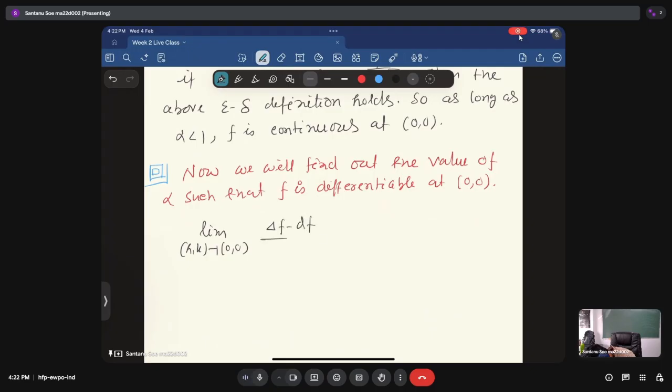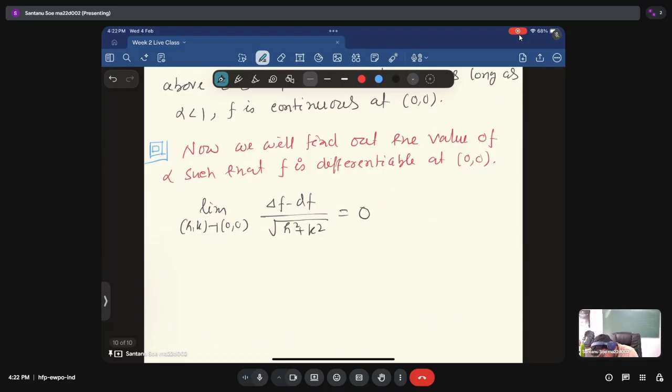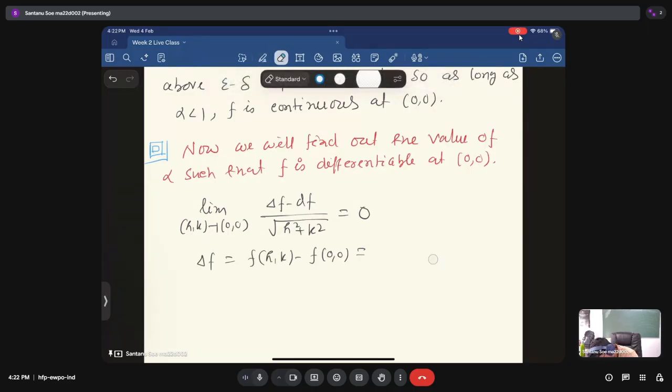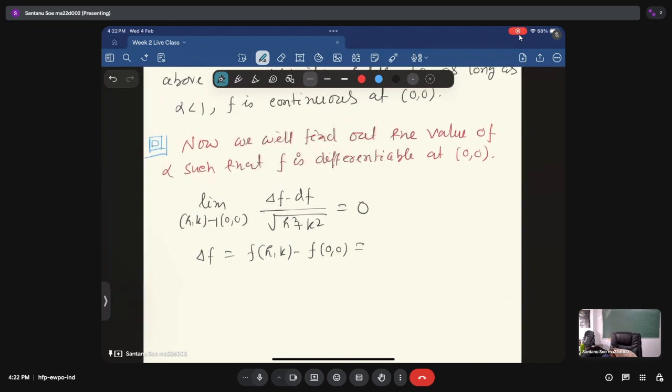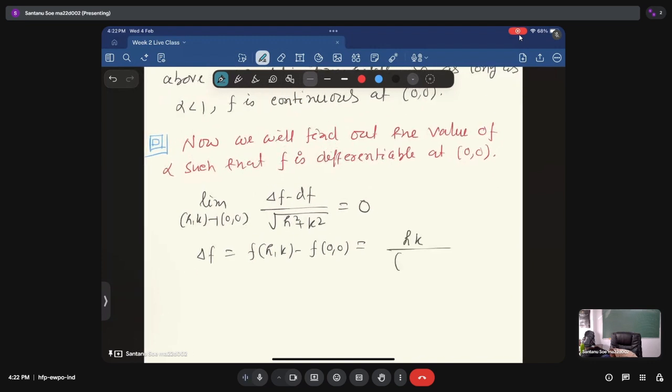Del f minus df divided by square root of h square plus k square should be 0. Then we can say the function is differentiable at (0, 0). Now del f is nothing but f of (h, k) minus f of (0, 0). So this is nothing but hk divided by (h square plus k square) to the power alpha, and df is nothing but